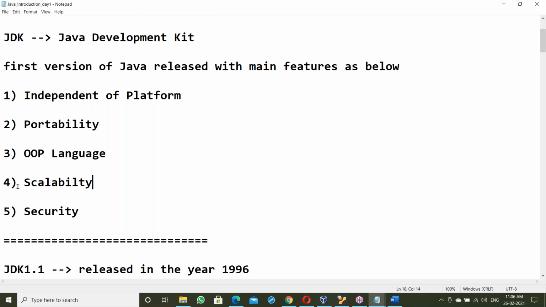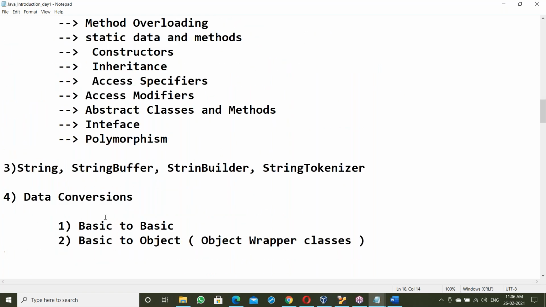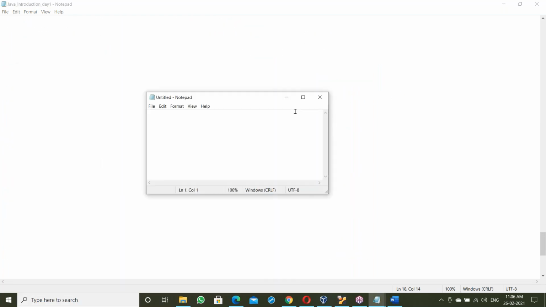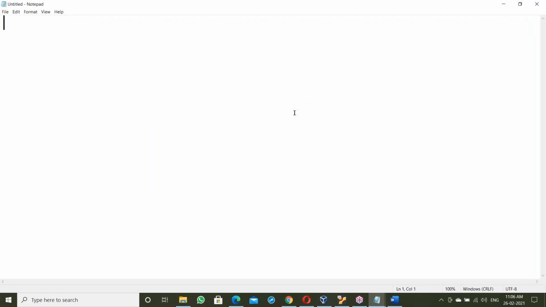Scalability means what? Anyone can answer this. What is scalability? See, for every software, scalability is a common feature.